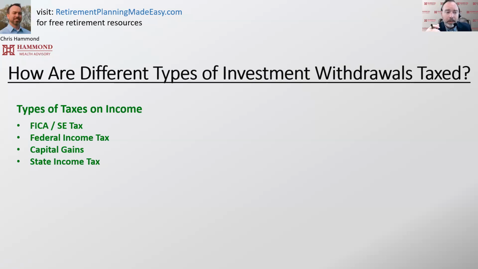And then we have federal income tax. That's the one where we think of these marginal tax brackets that we're all very familiar with thinking about. There's also capital gains. You have short-term capital gains and long-term capital gains that are taxed at their own tax rate as well. And then you have, some of you may live in states that have a state income tax,